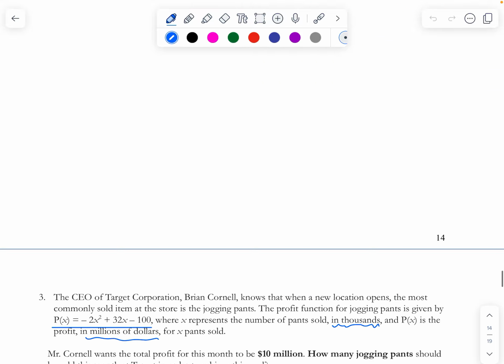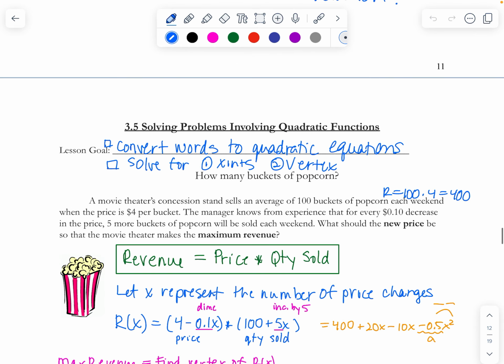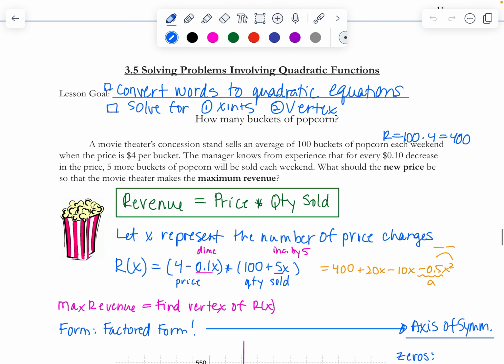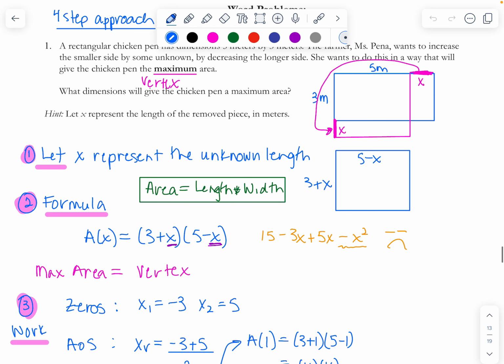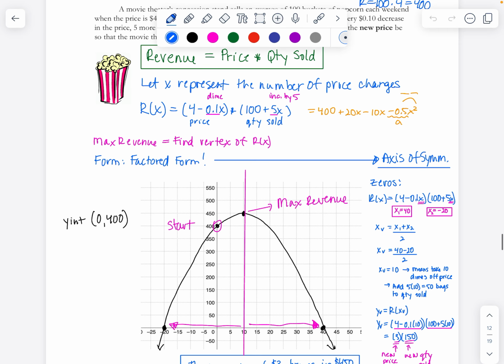So if you recall, we talked about the steps to solving quadratic problems and converting words into quadratic equations. We said that usually you'll be asked for one of two things, either to solve for x-intercepts or the vertex. You will need to know some very basic formulas like revenue is price times quantity sold, and things like area is length times width. So in the first one, we created a function for revenue and we found the vertex